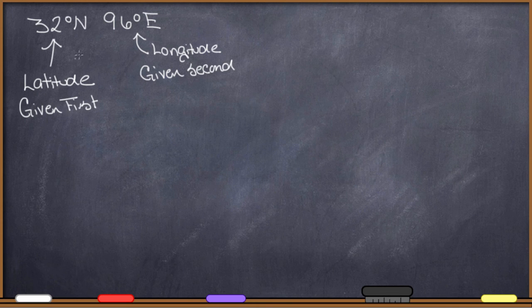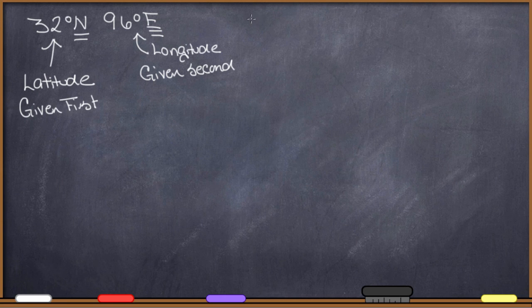We give latitude first, we give our direction north or south of the equator first, and then we give our direction east or west of the prime meridian. And of course you can see we have the number of degrees, we have the little degree symbol, then we use either north or south, or east or west, an E or a W or an N or an S to indicate our direction. We do know that there are 90 degrees between the equator and the North Pole, and between the equator and the South Pole, and then 180 degrees between the prime meridian and the international date line, either way that you go. What if you need to give a location in more detail than just reporting to the nearest degree? Well, we can do that.